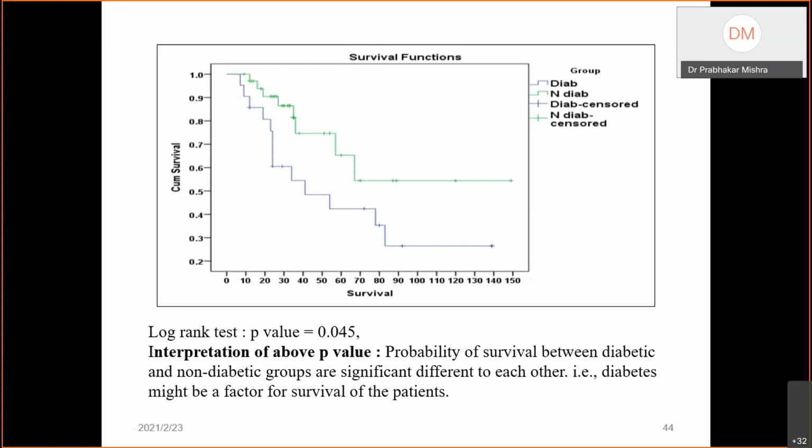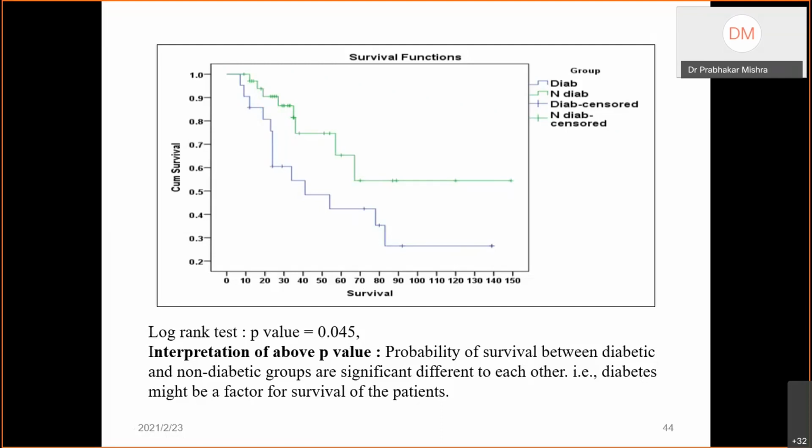So it means that whatever result we are getting here might be affected by some factors like age. So age is working as a confounding factor in this result. And because Kaplan-Meier is a univariate analysis, we can't adjust for any factor. So to manage such a situation, to manage the confounder and adjust the effect of the confounding factor, we need to go for the Cox proportional hazard model or Cox regression model.